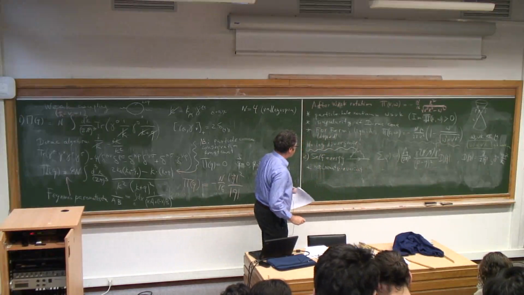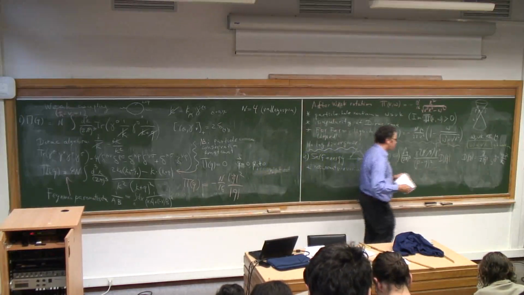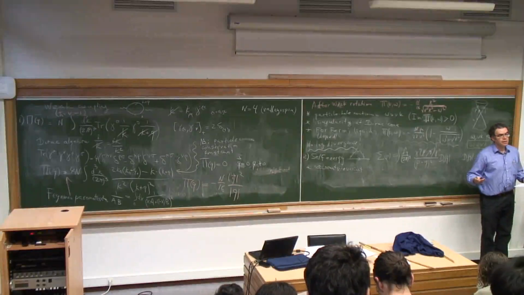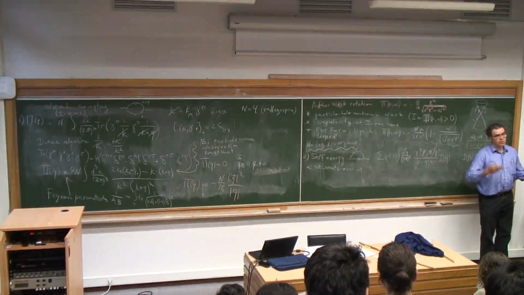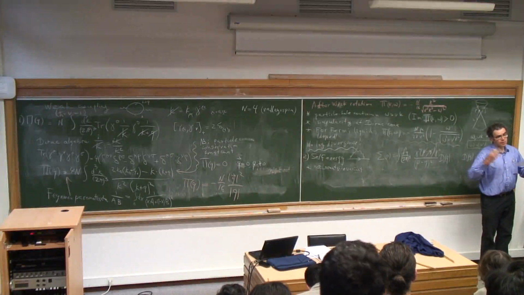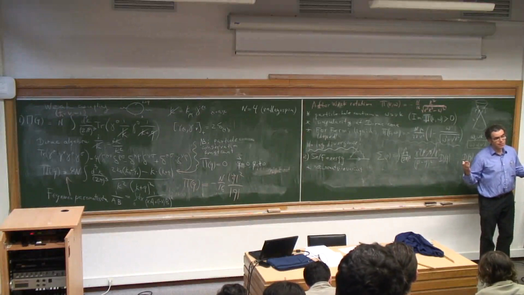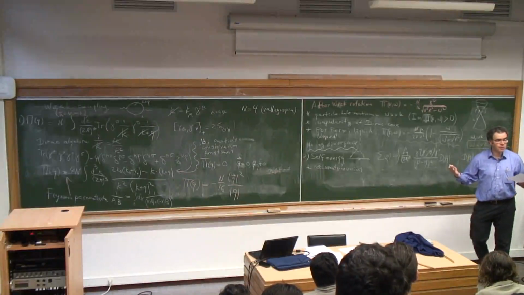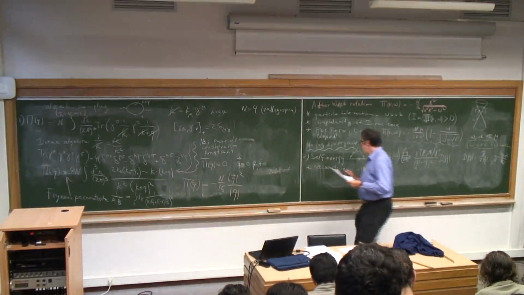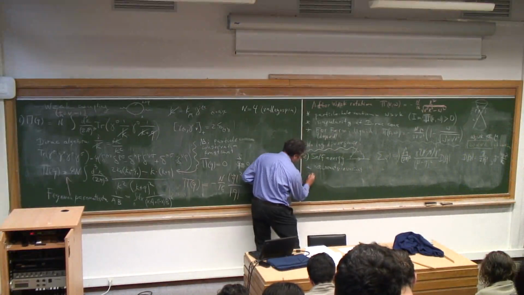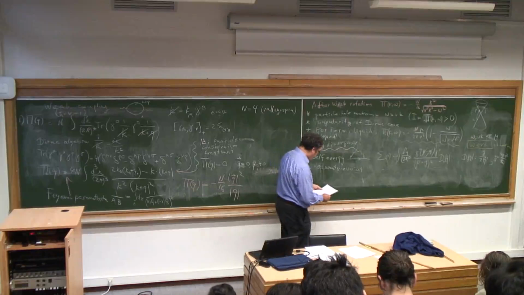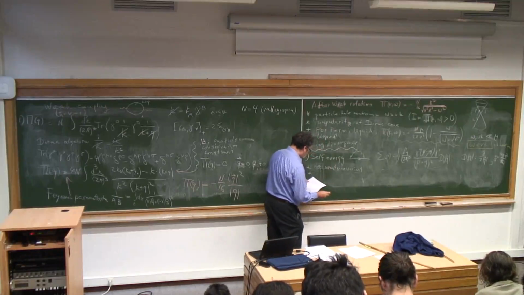Because it's not Lorentz invariant, we can expect that there'll be a renormalization, for example, of the Dirac Fermi velocity, as opposed to QED. In QED, the speed of light cannot renormalize because everything is Lorentz invariant. So if your calculation is correct, you can't generate renormalization of the speed of light. And here you can. Right. So that's point number one. Point number two is that here there will be a log divergence, so I'll have to